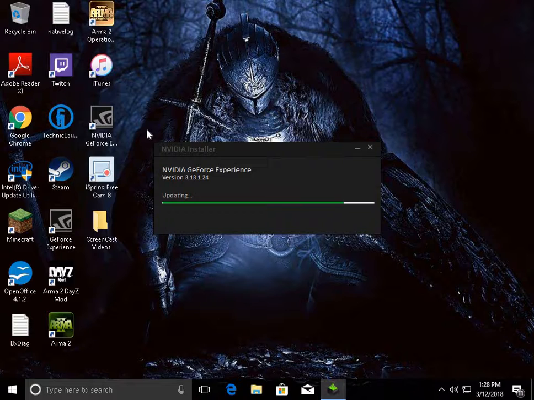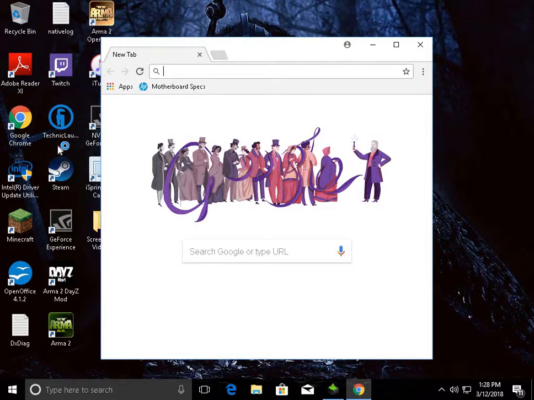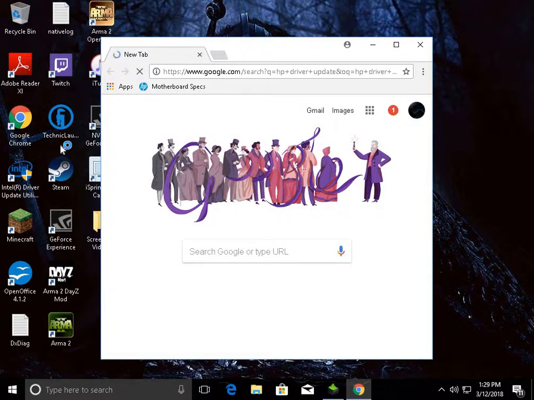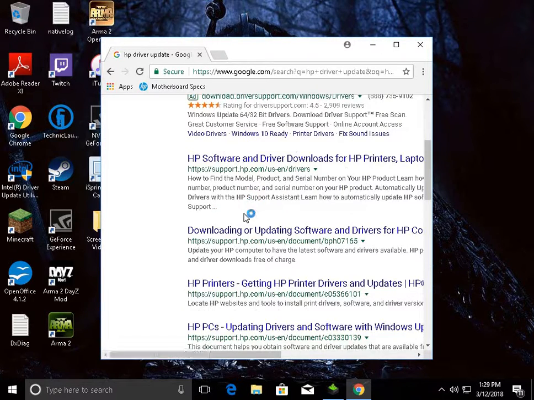But this opens this up, and generally you can have it scan your computer or stuff like that, and it will bring up all the drivers that you need to update. You can download an HP application. Let me find out what it is for you guys real quick. I'm going to find the right one for you guys here,